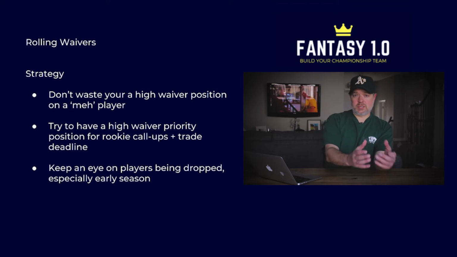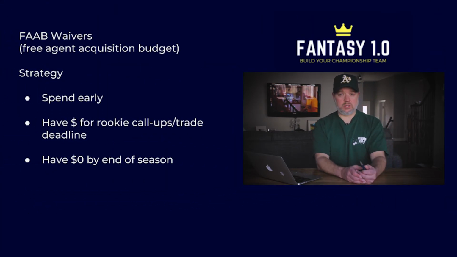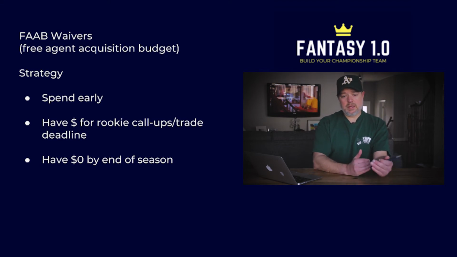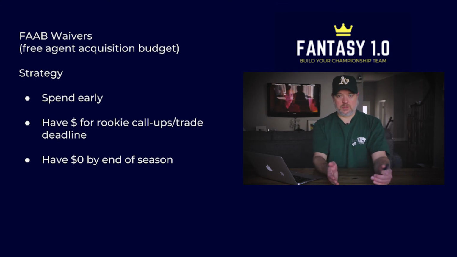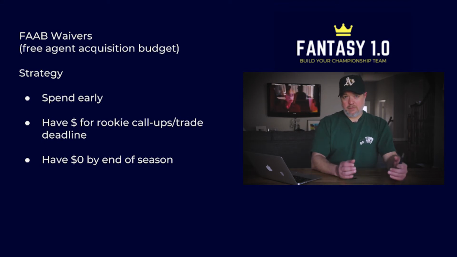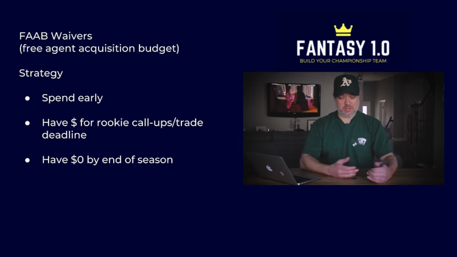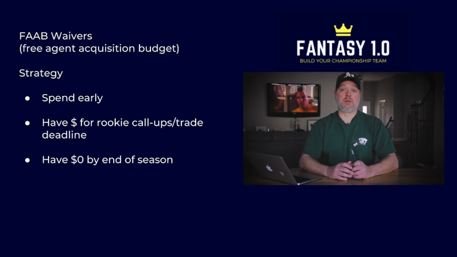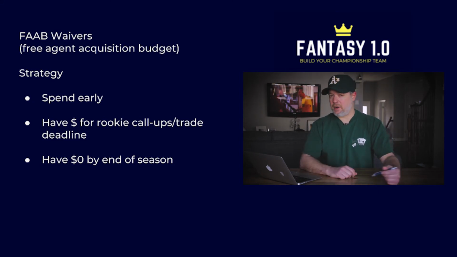Second waiver system is FAB. That's free agent acquisition budget. So that means at the start of the season, each team gets a certain amount of dollars, usually $100 or $1,000, something like that, that all the managers have to spend or to bid on free agents. It's like a silent bid. So that means if a player is on waivers, let's say a really popular player, or big time player is on waivers, like say for whatever reason, nobody picked up Ronald Acuna, which will never happen, but if that happened and he gets called up,